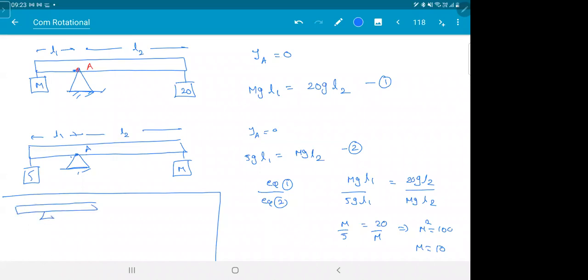So this you can actually remember like a result. If this side is M and this side is M1, and the other case is M2, then M is given by root of M1 M2. It's a geometric mean. So you can remember the result, it will help. You don't need to calculate the torque and stuff. This works even for a proper beam balance, and for a defective beam balance also.